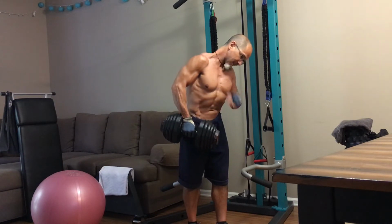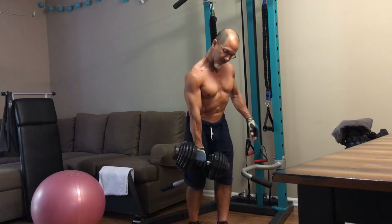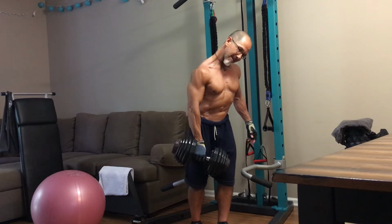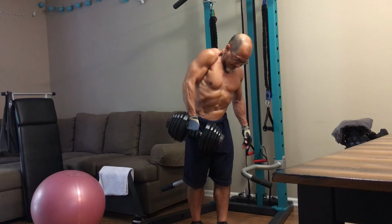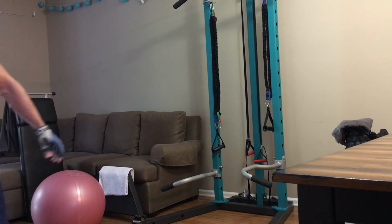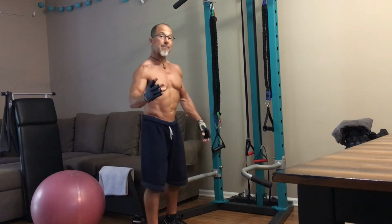Trapezius working, athletic stance, knees are bent, weight stays close to the body to protect the back. A little bend in the elbow, pausing at the top, down slowly, feeling the stretch. So I went back and forth 4 times each side, no rest between sets. Then what I did was I topped it off with